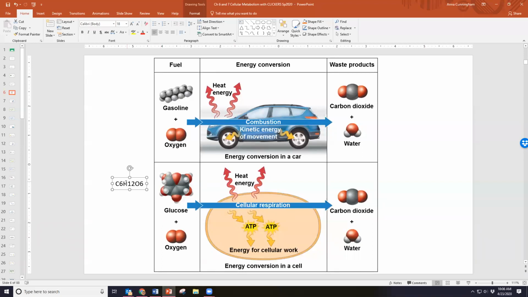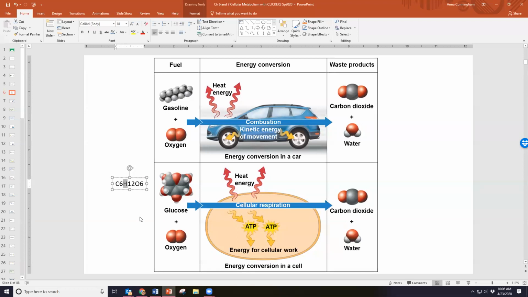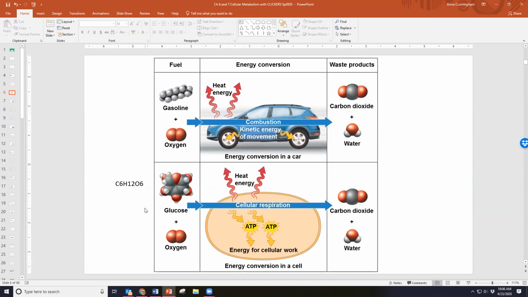Okay, we have glucose, which has carbon and hydrogen, which makes it a hydrocarbon base, but you also have those oxygens attached to it. It's sugar, a really good form of fuel. It also requires oxygen. But what that cell does is it takes in that energy source, very similarly to how a car uses energy, and turns it into usable energy for cellular work, which is ATP. But via these processes, we also have heat released,